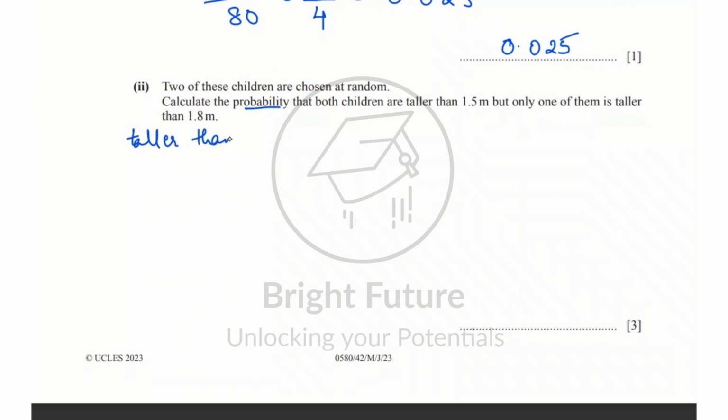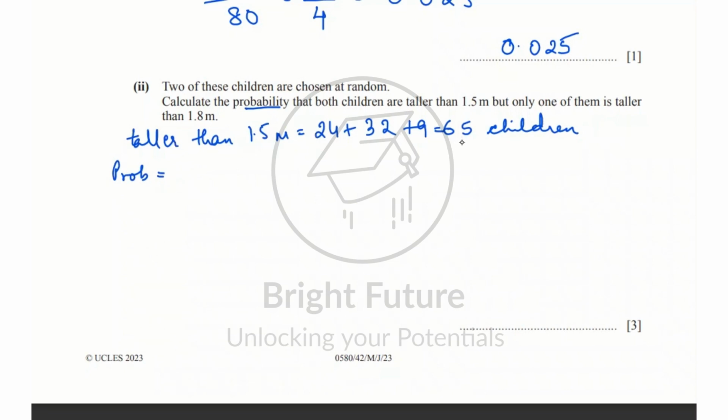Taller than 1.5 is 24 plus 32 plus 9, which equals 65 children. So 65 children are taller than 1.5. Now you have to find out the probability. So the probability will be,